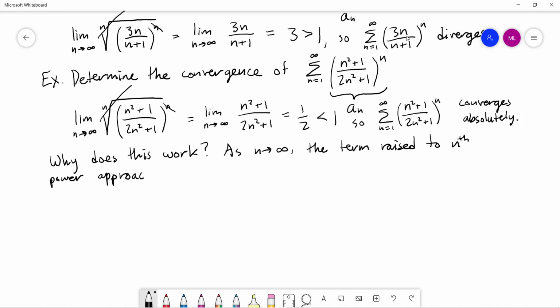That's our assumption. If that thing approaches a constant, L, then what we have at that point